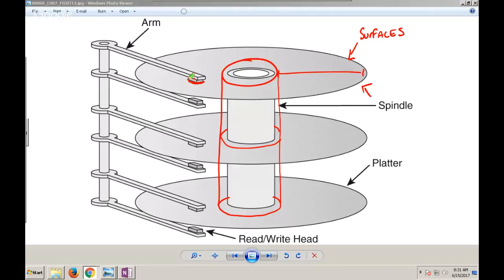It starts ripping off more and more and more until it's done. Here's what I don't really get. So you've got data on all 3 of them, right? Yes, and all 6 surfaces. And if you need to read something related, it might be on a different surface, right? It's possible. Different spot. And so you couldn't read that at the same time. Why not? Well, if the arms are all in a big spot, they're on a different track. On a different track, yes. A different surface, no.